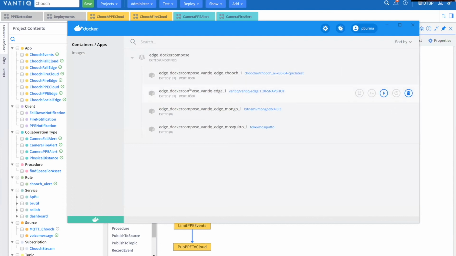This is an example of the environment that we use for Chooch that's currently not running on my laptop here. We have Mongo, which is the persistent storage layer for Vantik, and then we have Mosquitto, which is the MQTT server. In our Docker configuration, we simply give that Mosquitto server the host name of our MQTT alias. And that way, when I turn this on, Chooch can talk to it immediately, Vantik can talk to it immediately,